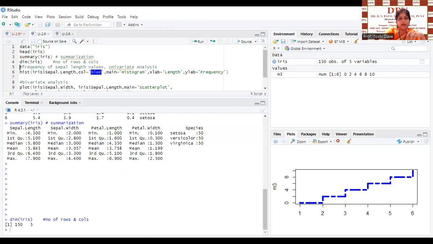As you can see, 150 and 5. 5 is the total number of columns and 150 is the total number of records. Clear? So this was the basic which we had, which was left or needed to be rediscussed. Okay. Now today we are going to cover